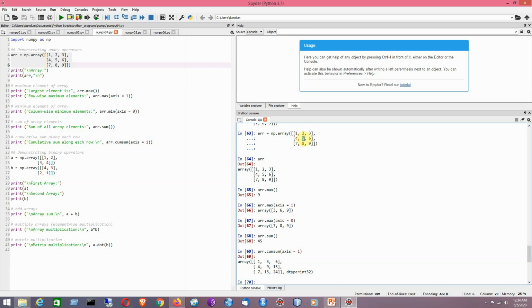Now comes 5, so 4 plus 5 9, next comes 6, so 9 plus 6 15. Here first element is 7, so it is showing 7. So 7 plus 8 15, cumulative sum is 15 till this element. Like if I am considering this element, then 15 plus 9, that is 24. So in that way you can generate the cumulative sum along each row.